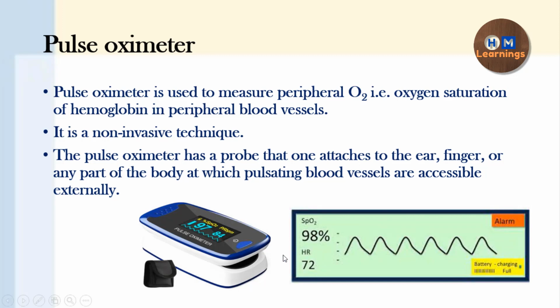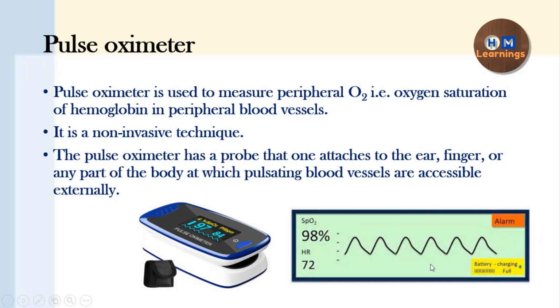Then it is showing the heart rate also. So how is it showing the heart rate? Because it can detect the pulsatile blood flow. When we measure the radial pulse manually, we are basically measuring the pulsatile blood flow, and by that we calculate the heart rate. Pulse rate is equal to heart rate in normal individuals. So because the pulse oximeter can detect the pulsatile nature of the blood flow, by that it can calculate the heart rate, and by that it can calculate the SpO2.